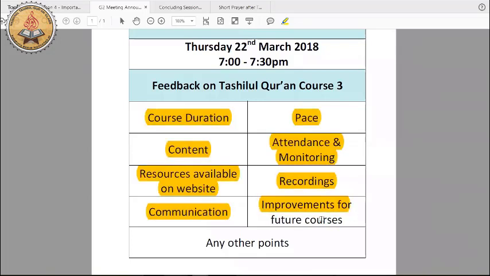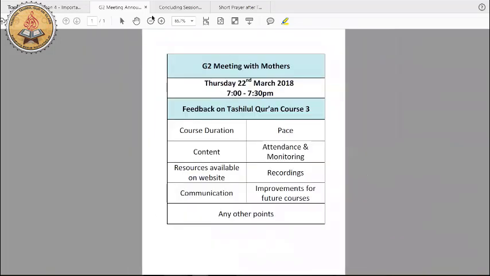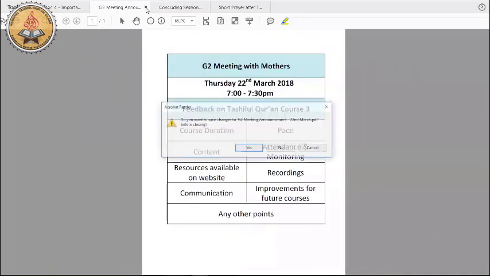But if they have anything else to say regarding the courses, then they can say that as well. So this is that announcement this Thursday, inshallah. And the other thing